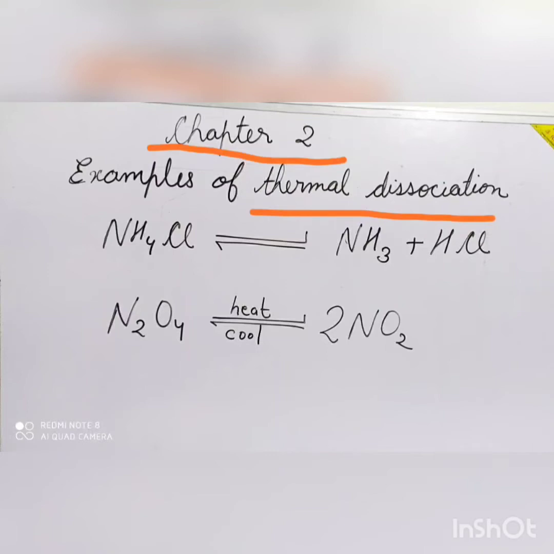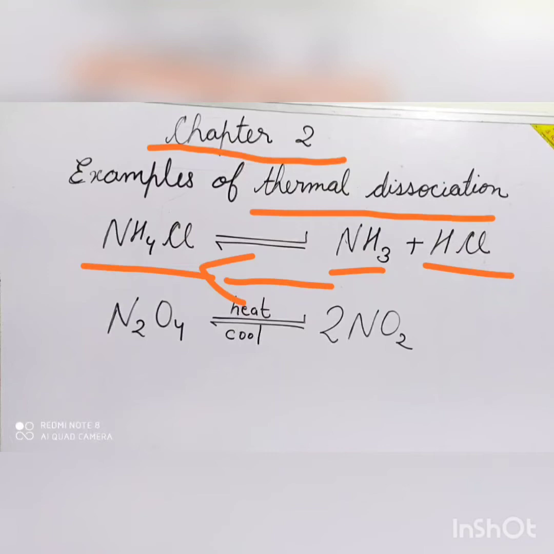If we heat some solid ammonium chloride in a test tube, two colorless gases, ammonia and hydrogen chloride, are produced. As these gases move up at the upper part of the test tube, which is cooler, they combine to form ammonium chloride, which appears as a white sublimate on the cooler upper side of the test tube. A simultaneous reversible decomposition reaction brought about only by heat is called thermal dissociation.